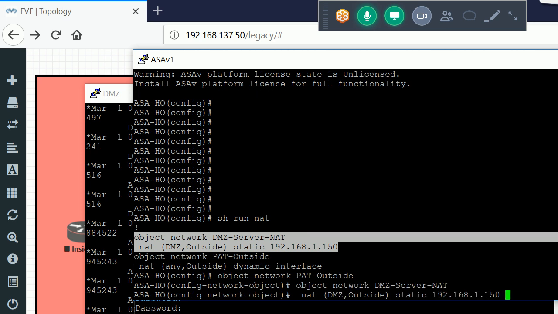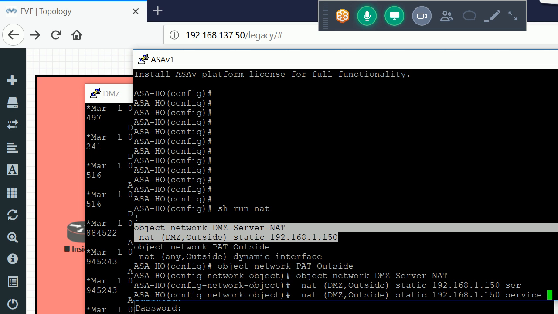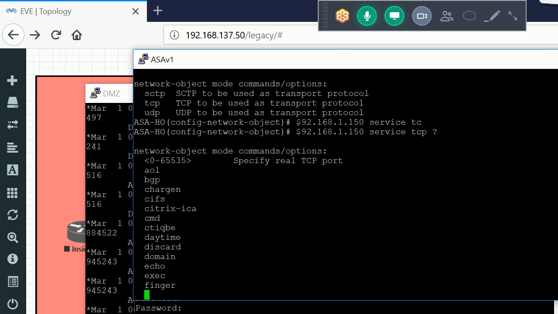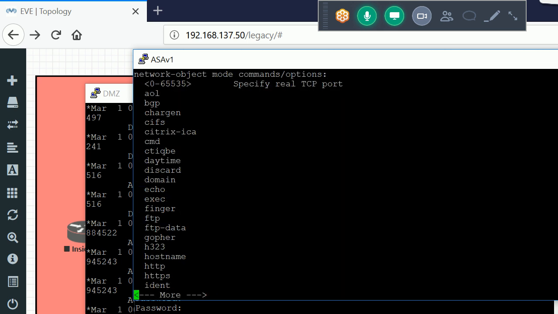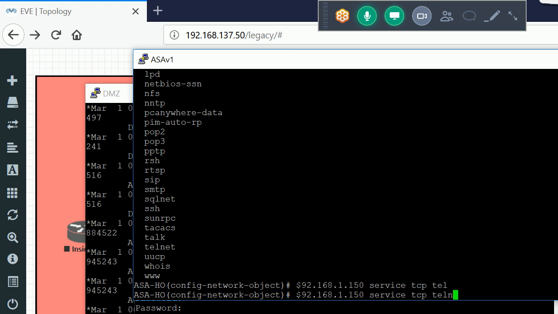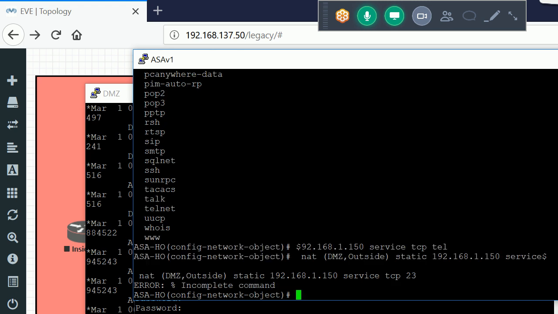After that, I'll use the service keyword here, and I define the service, which is TCP on port number 23. We can write 23 or we can write telnet directly; both will work. Incomplete command.